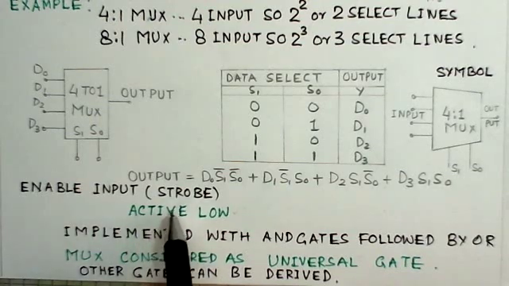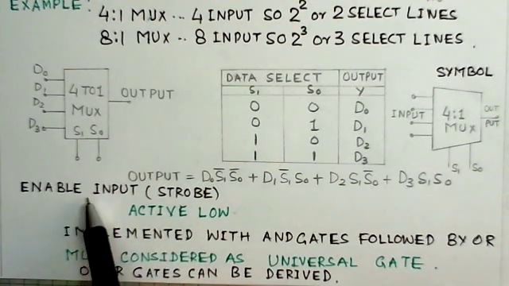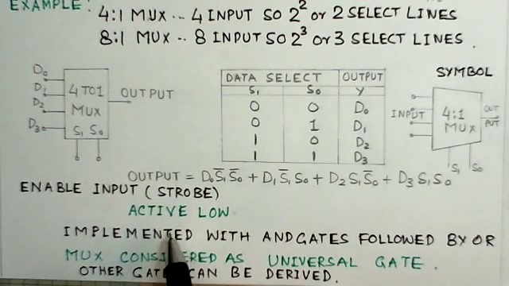This is also sometimes called a strobe input. This signal is active low. That means the operation of the enable or strobe would be active when this pin is made low. So this is a very important signal to select a particular multiplexer,